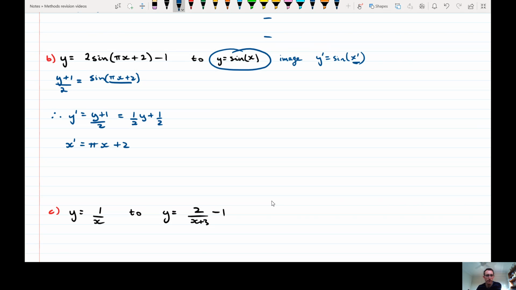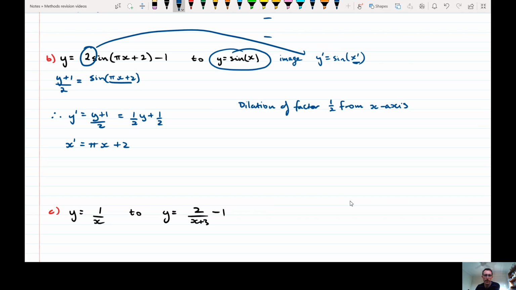is list our transformations. So we have dilation of factor 1/2 from the x-axis, and that's because we've divided it by 2. We're trying to get rid of this 2. So go 2 to there, we have to divide by the 2. Dilation of factor 1/2 from the x-axis,